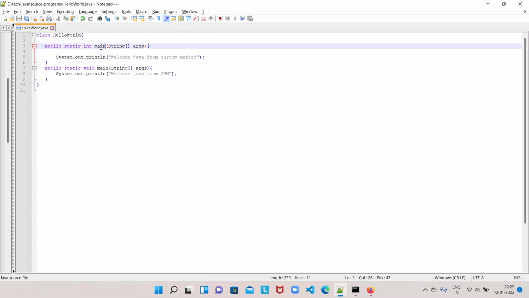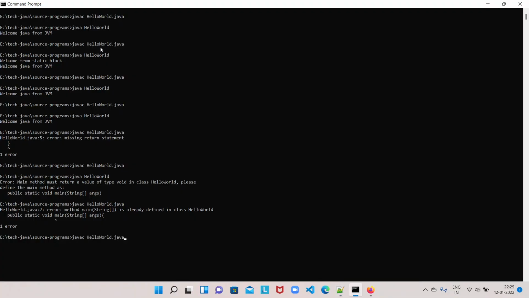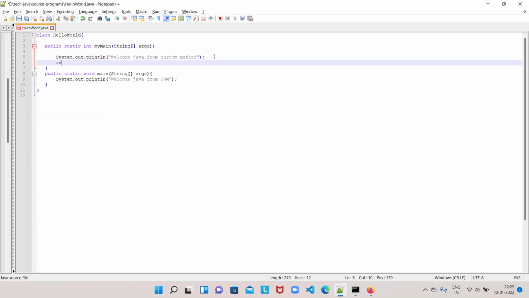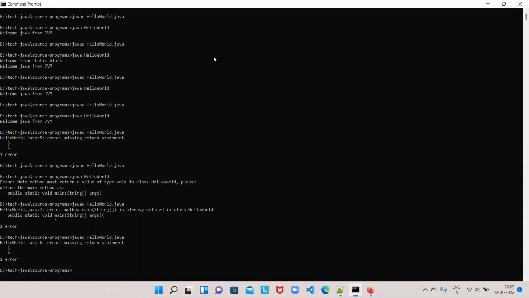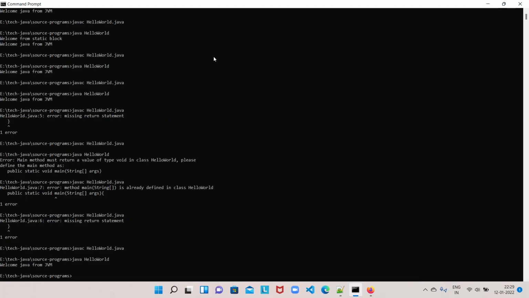Let's say, for example, we modify this one and give this method the name myMain. So what will happen? This is missing a return statement, so return 1. The program is compiled and successfully executed.